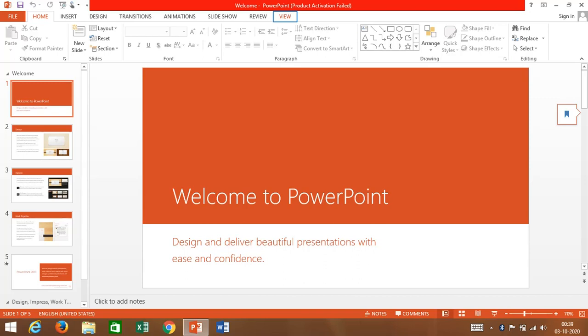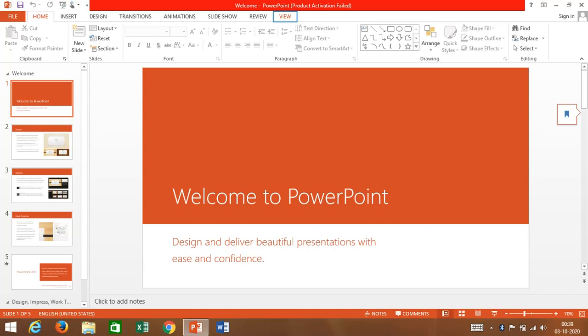Okay, now let us see different views of MS PowerPoint. What are these different views? The view which you are seeing right now is called the normal view of MS PowerPoint. Other than this normal view, what are the views? At the top there are different menus: Home, Insert, Design.